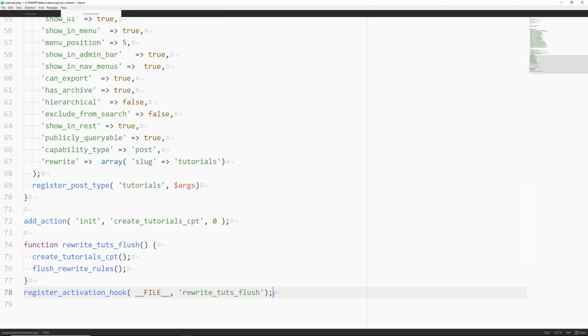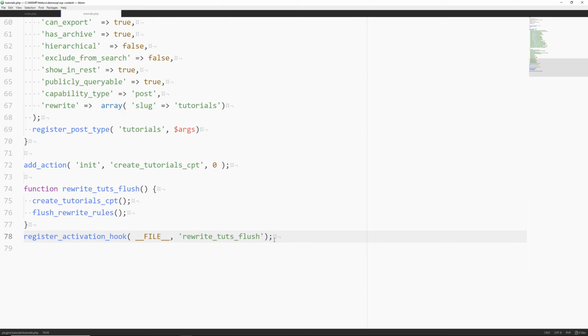So when we activate the plugin itself, it's going to be able to give WordPress the ability to rewrite those permalinks. Now, if you're putting this into a theme, it's going to be a different type of code. And what I'll do is I'll leave a link in the description area to some of the pages on the codex of WordPress that you could take a look at to see some of the other examples. All right, so now I'm going to scroll back up, use my mini map.